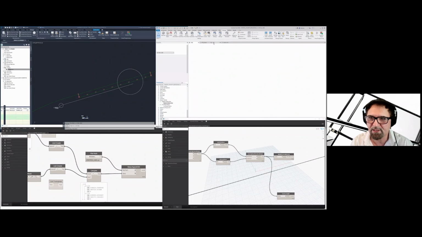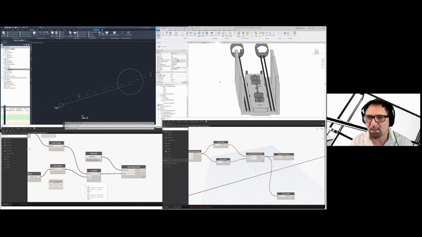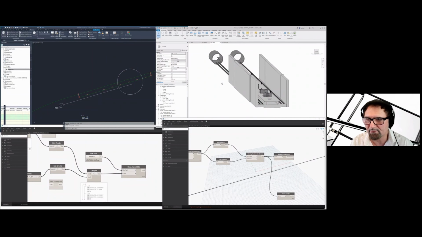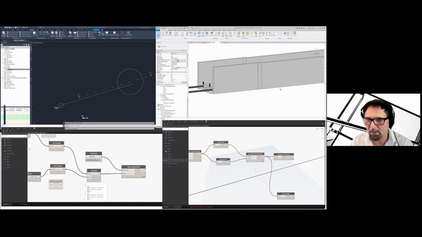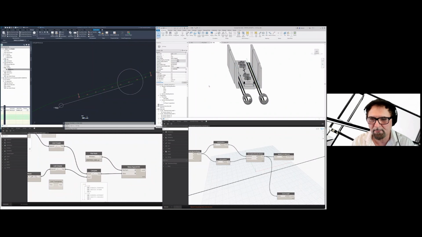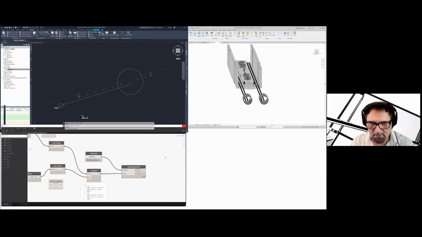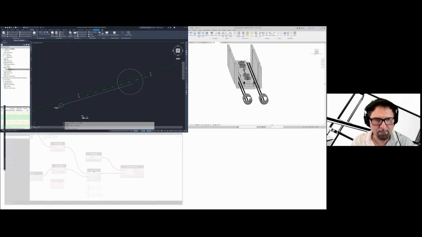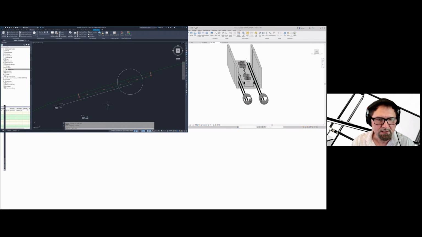All right, so now that we've taken a look at that, I'm going to open up a little bit of this and check out this one, which is again stripped down, but it does hold some of the elements there, the full station elements. And I'm going to first of all close the Revit Dynamo, change that, and Civil 3D. We're not going to be playing with those types of updates.